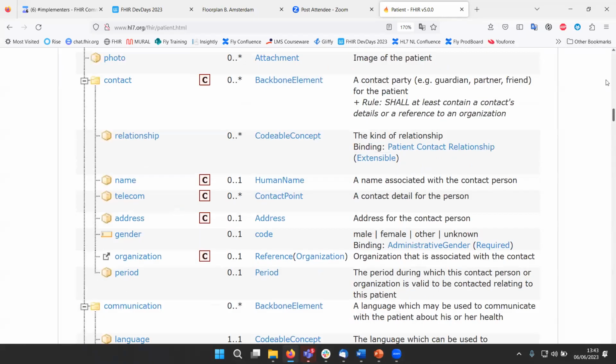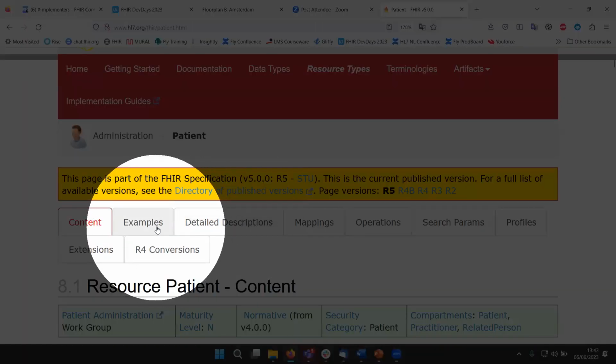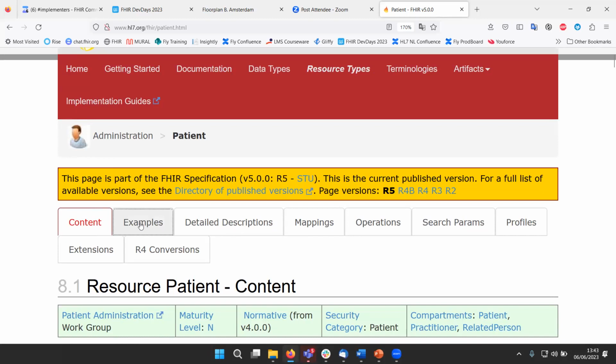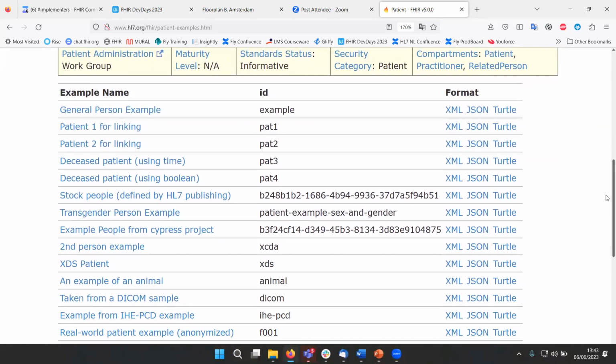Now, just like in version 2, we have lots of examples in the specification. Because HL7, being an organization that's focused on implementers, is very much aware that implementers mainly look at examples. That's true in the version 2 spec, where we had examples at the end of each and every chapter, and it's certainly still true in FHIR. So we have a tab in the specification called examples that provides us with a whole host of example patients. And I can just open one up in XML or JSON and have a look at the